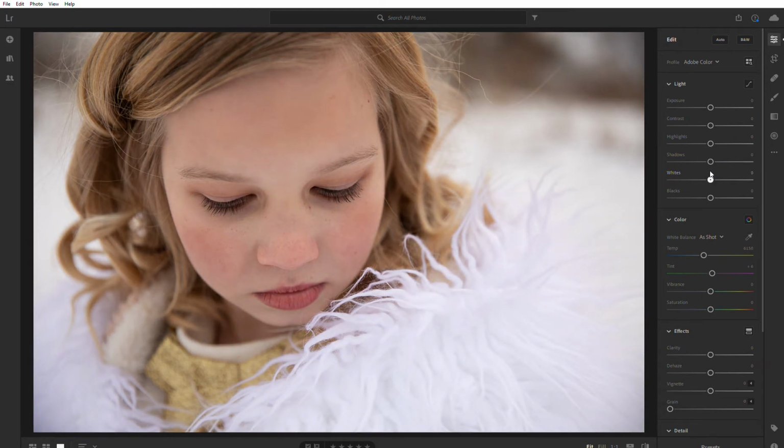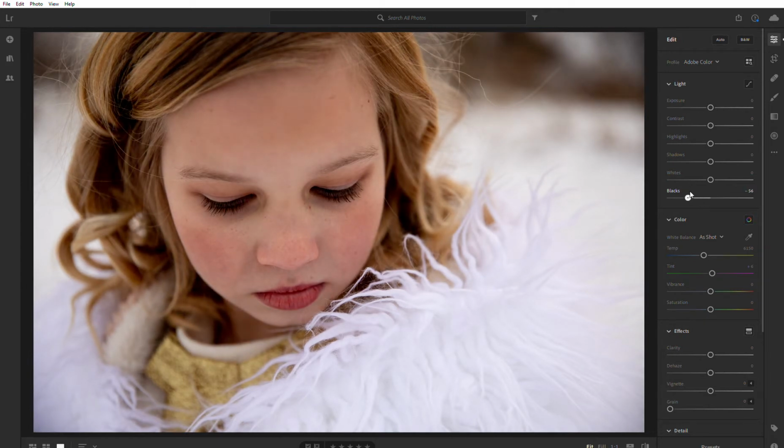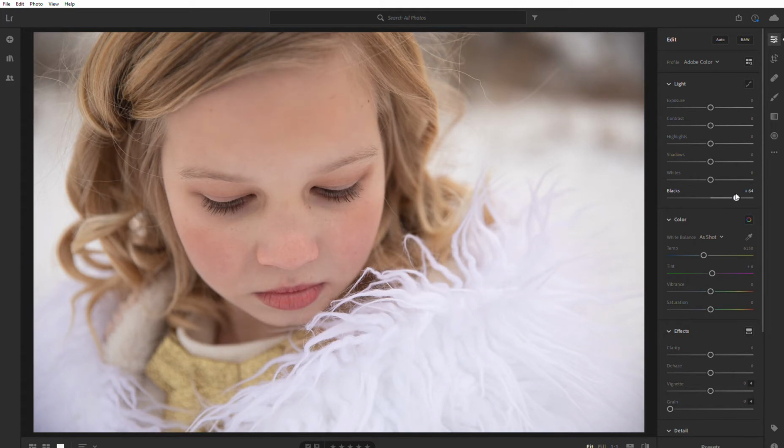And when you go and start playing around with your own photos, you'll be able to see it probably a little bit better. But then the blacks are going to darken the image overall, but specifically the blacks get a lot darker. You guys can see that. And then if it's too dark and you want to brighten it, then you can take the blacks to the right, and then you can get creative with it and up your blacks, but then also up your contrast,